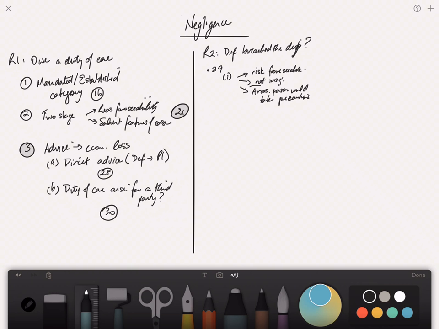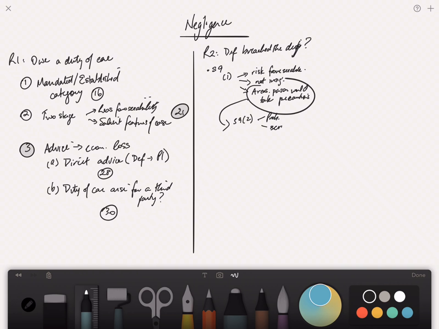To work out would a reasonable person have taken precautions, Section 9 subsection 2 has 4 factors to look at. Probability of the harm, the likely seriousness of the harm, the burden of taking precautions, and the social utility of